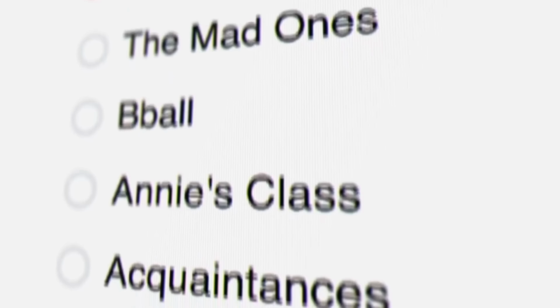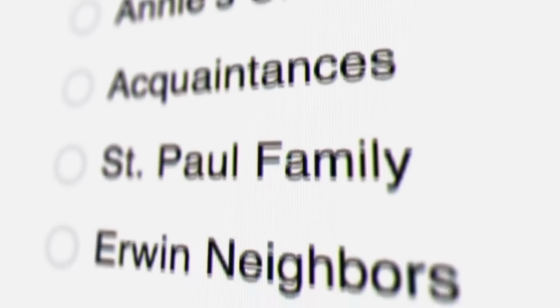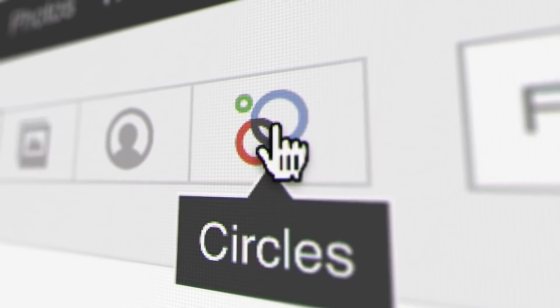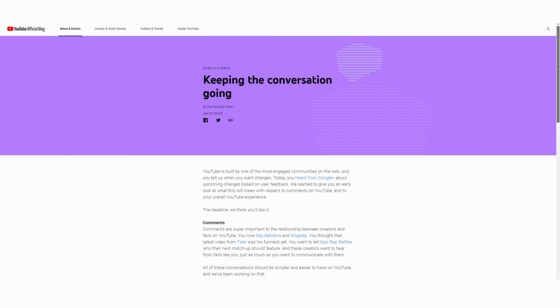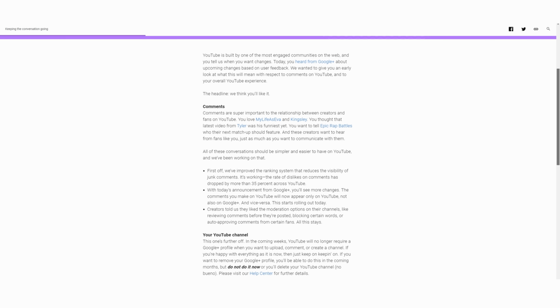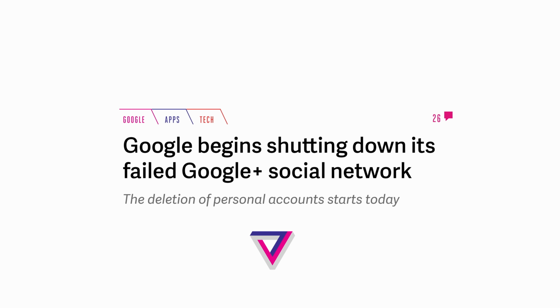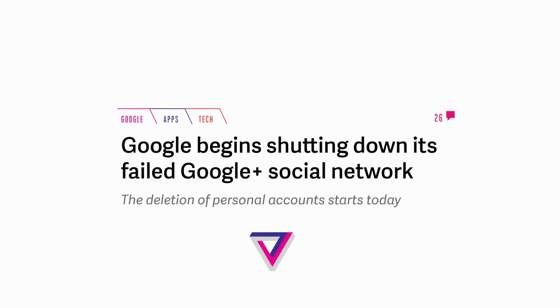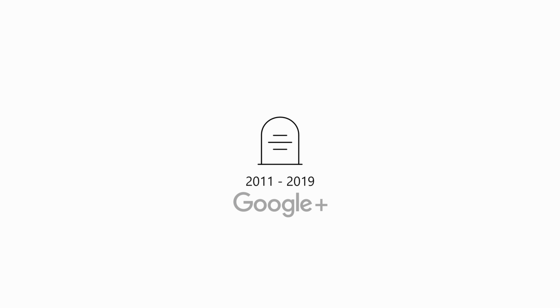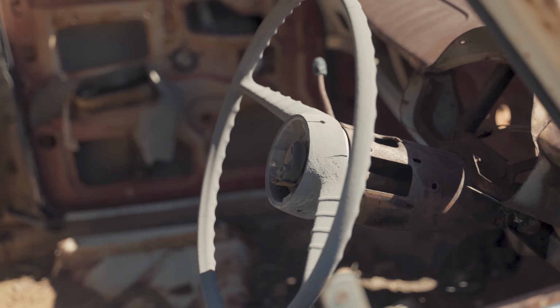Regardless, for a couple of years, it seemed as though Google and YouTube were willing to die on that hill. That is, up until the summer of 2015, when it was announced that the tie between YouTube and Google Plus comments would finally be severed. On a side note, in April 2019, Google Plus was discontinued for personal and business use, marking the end of a nearly decade-long journey that eventually drove this failed social network to a dead end.